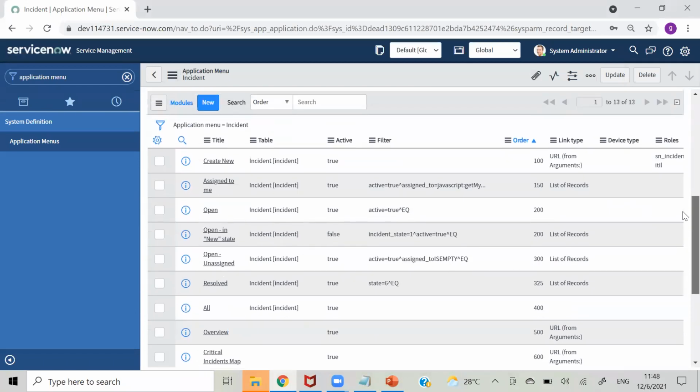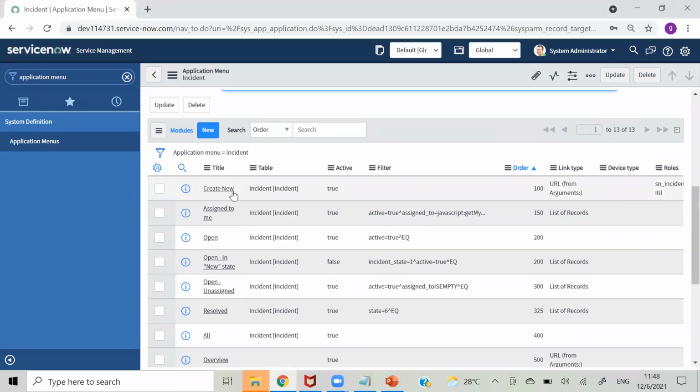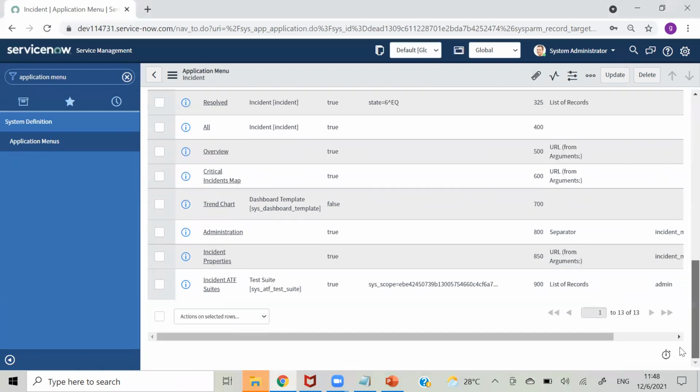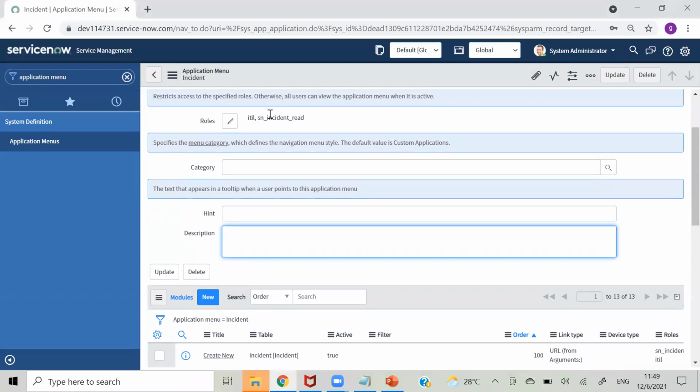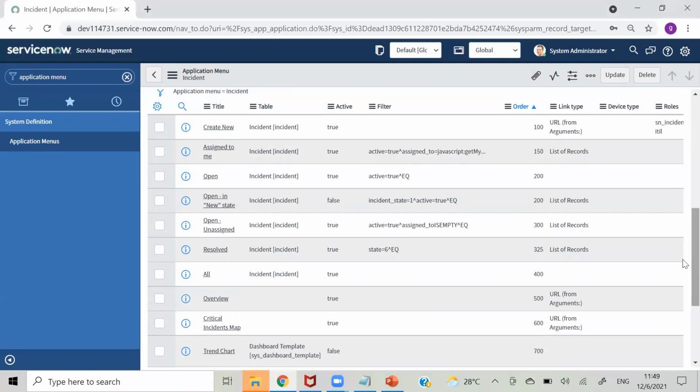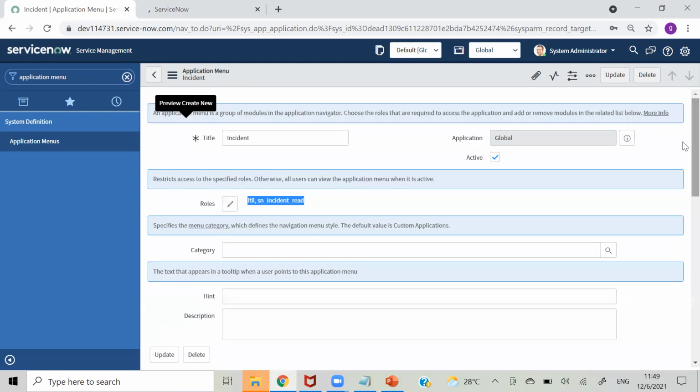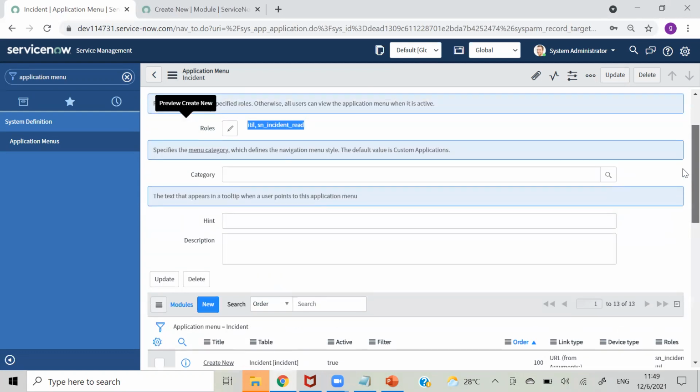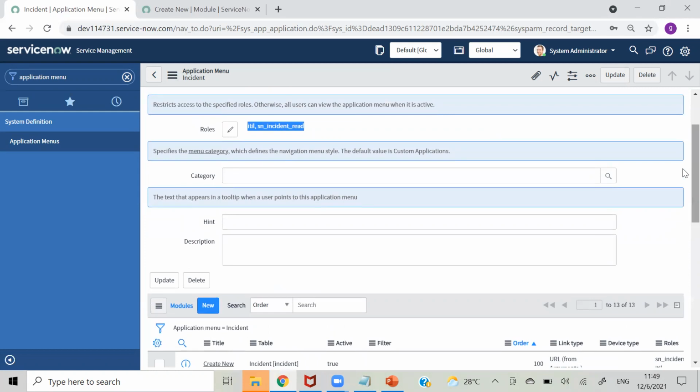And under that, we have these modules, right? Incident, create, assign to me, open in new state. All these are modules. And as we have role-based restrictions here, we will have that same restriction on these modules as well. For some purpose, we will show the application menu to all the people who are working on incident, like incident manager, incident employee.